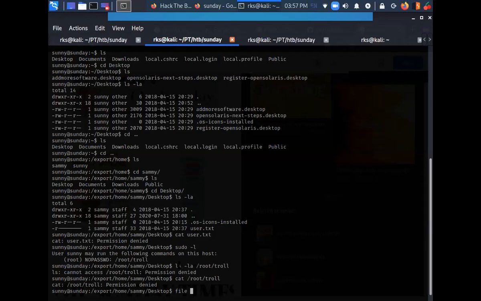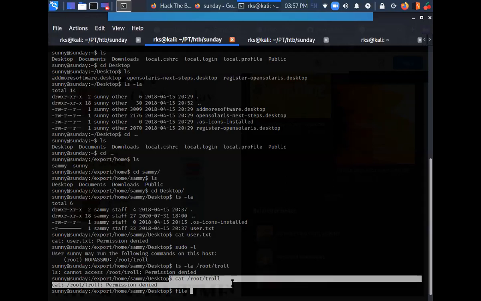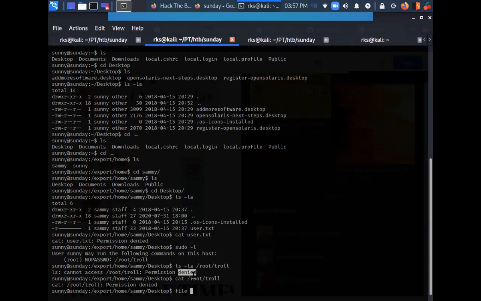So I'm trying to see the permissions of the file. I tried to read the file, I was unable to do that. It said permission denied.